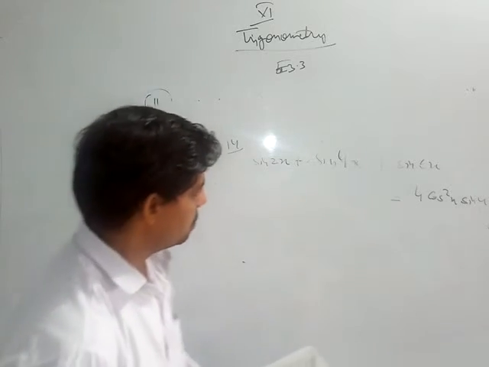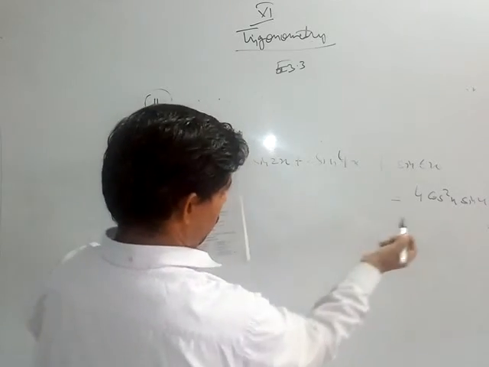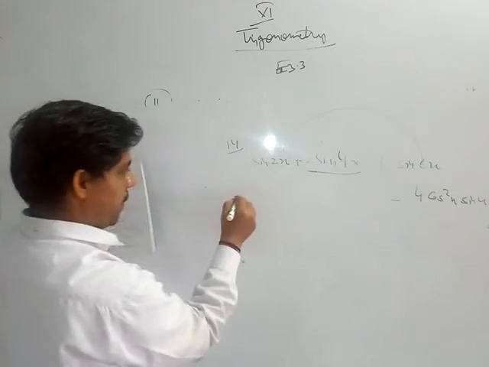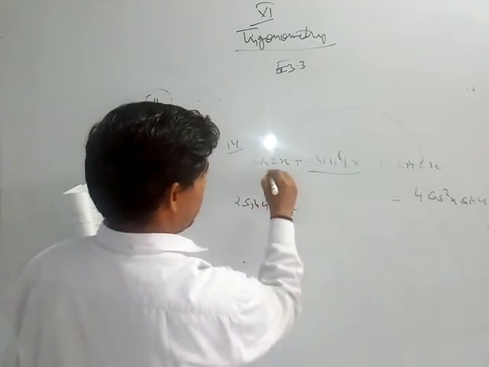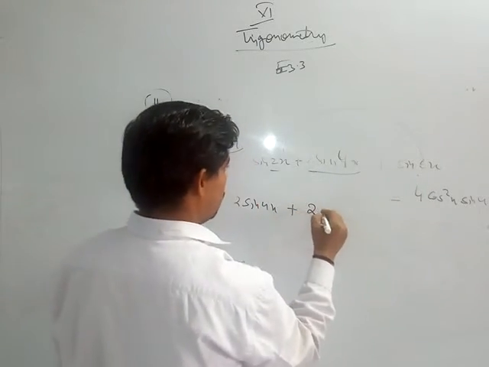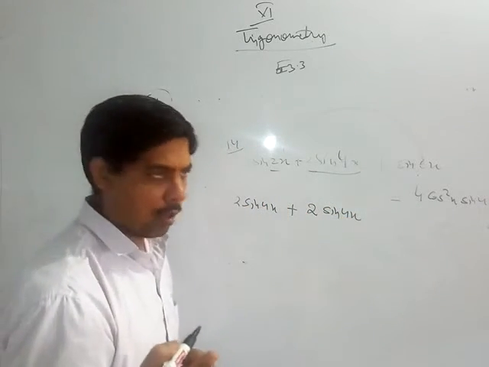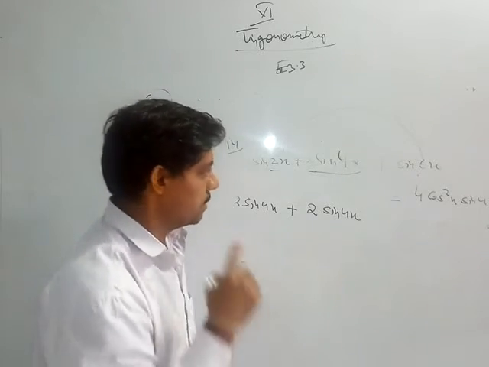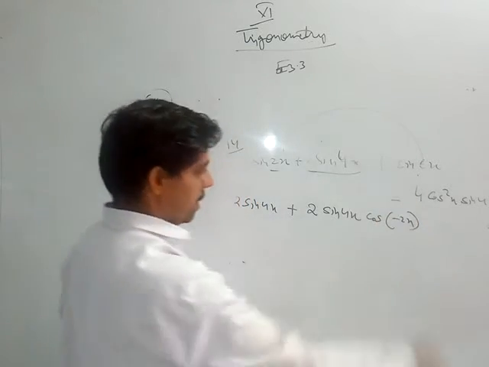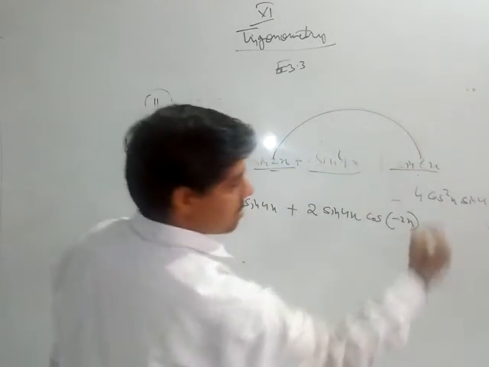So sin 2x plus 2 sin 4x plus sin 6x. We have to prove 4 cos square x sin 4x. From these two we can combine; this we can just separate out, 2 sin 4x. If you add sin C plus sin D, what will you get? 2x plus 6x is 8x, so you will get 2 sin 4x, and 2x minus 6x is minus 4x, upon 2, that is cos minus 2x. This is our LHS. We have combined these two using sin C plus sin D.